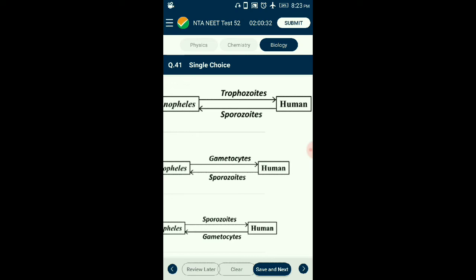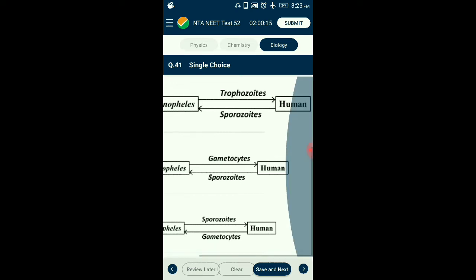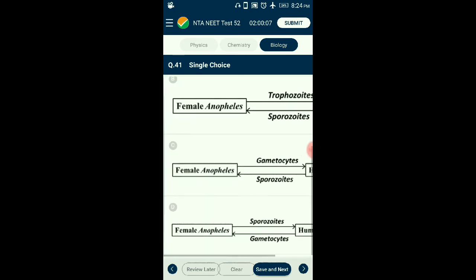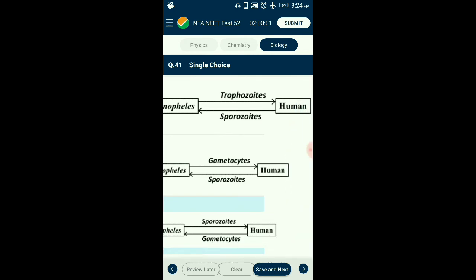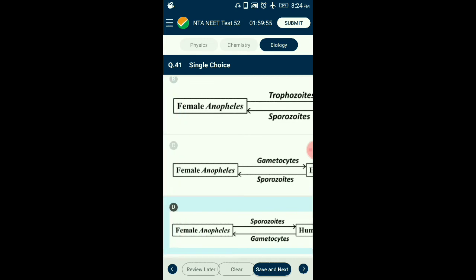Some of these merozoites escape the asexual amplification cycle and form microgametocytes and macrogametocytes. Their further development requires the cooler temperature found in mosquitoes. These gametocytes are stored in erythrocytes till they are transferred to the female Anopheles mosquito. So the correctly matching option is option D. Female Anopheles mosquito injects sporozoites to humans. Again from humans, the gametocytes are transferred to the female Anopheles mosquito. So that is the correct option.